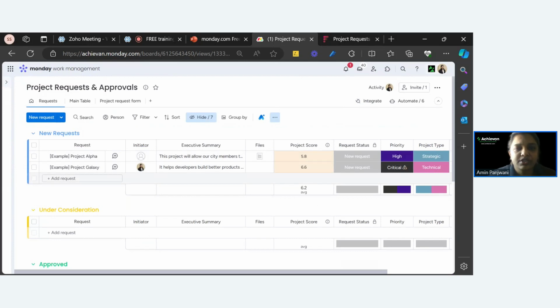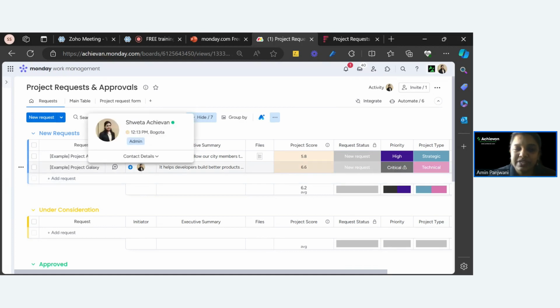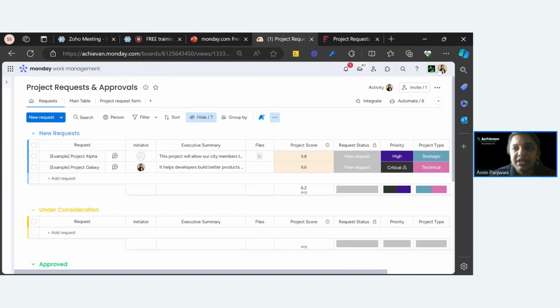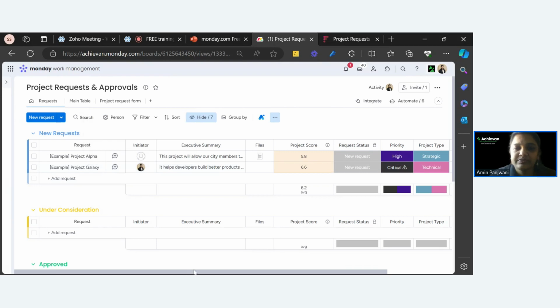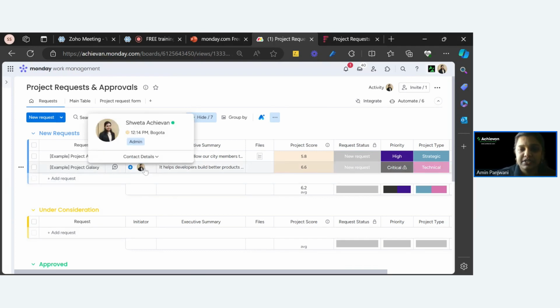Now I have 2 projects as a new request. Project Galaxy is here also. Monday.com has very smartly, because I am in my login, understood that I have submitted this form. So it has by default mentioned here, initiator is I am initiator. This is a new feature which Monday.com launched, that its form now understands who has submitted the form,